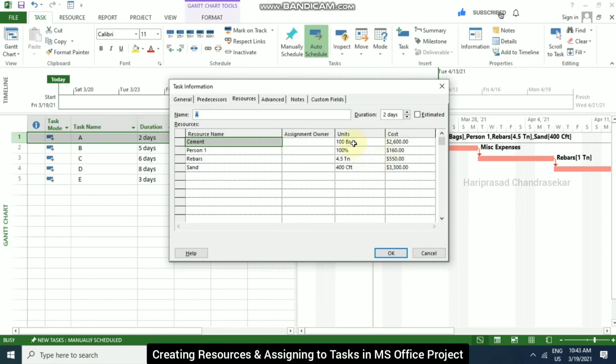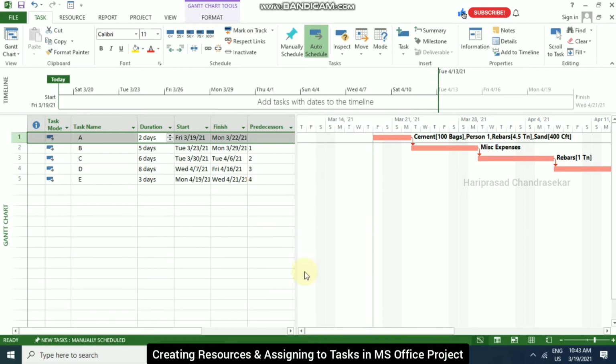It is 100 bags, right? So 100 into, I think only one time it calculated. Once you close and come back, it will get refreshed. No, it's correct. You calculated 100 into 100 plus 25 100, plus 100. It is correct. See, that is the one-time cost. That's why. Even all other things it will calculate correctly, and then click OK.